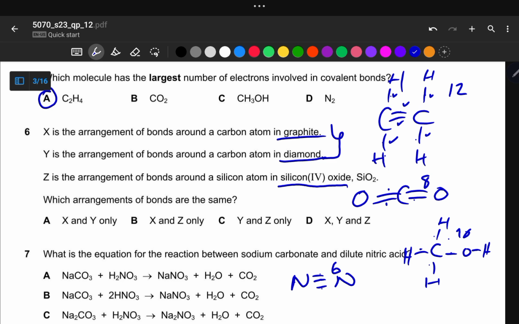Graphite and diamond are what you call allotropes, right? These allotropes are defined as atoms of the same element, but different arrangement of particles in the lattice structure, meaning to say the physical properties may differ with regards to each and every molecule, right? So